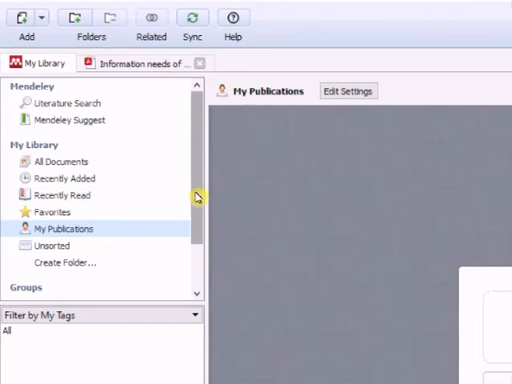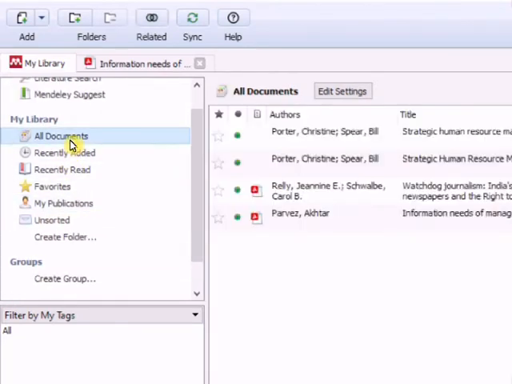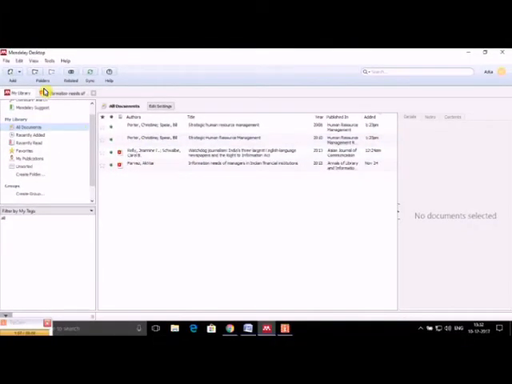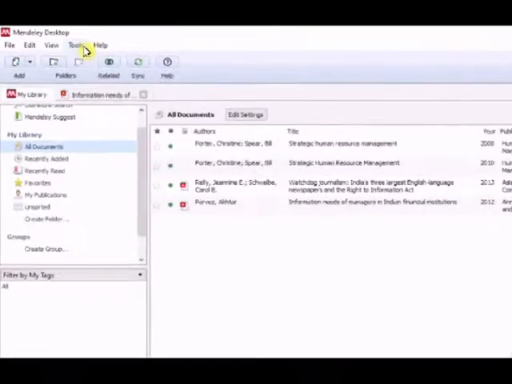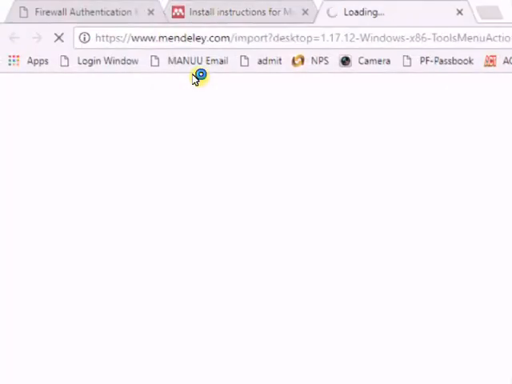Now let me show you how you can add any citation directly from any browser. If you go to tools, here you see install web importer. So let us first install this web importer by clicking here.